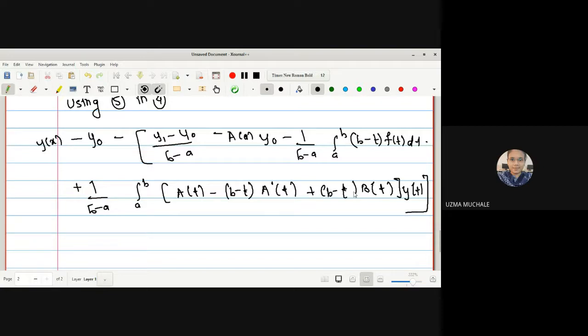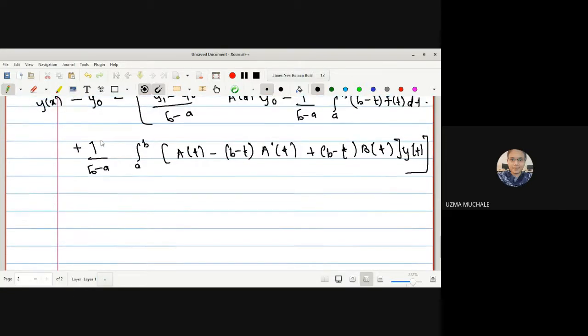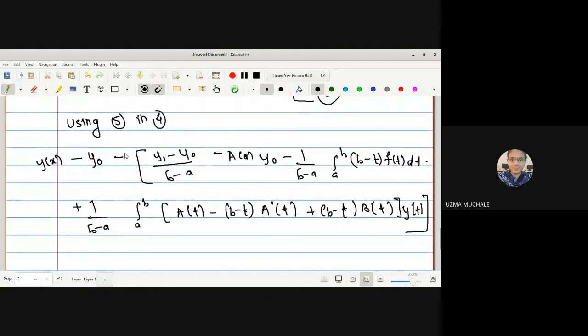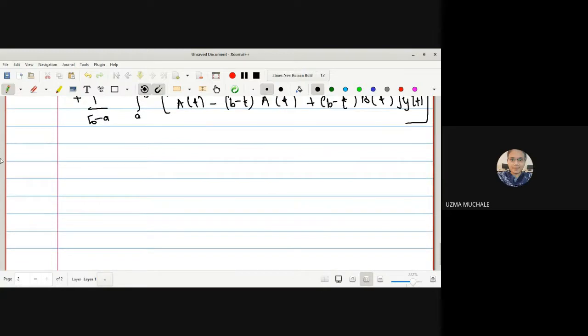Okay, whole bracket complete. This is whatever value of y dash of a, equation 5, is multiplied by x minus a. This term is multiplied by x minus a. It is confusing, let me write it down here only. Minus x minus a. Now the remaining terms we have to write. What are the remaining terms? Plus integration a to x, A of t y of t dt, minus A of a y naught into x minus a.